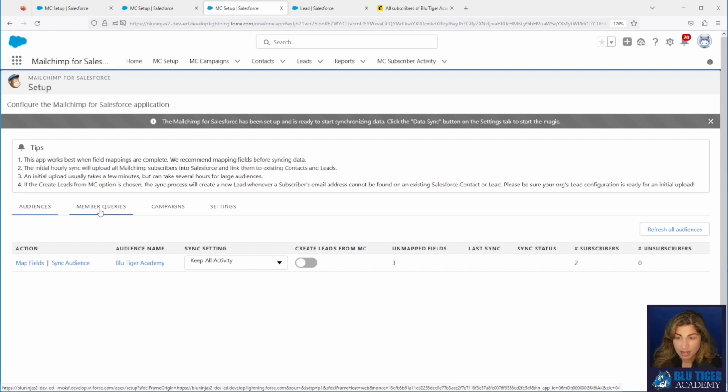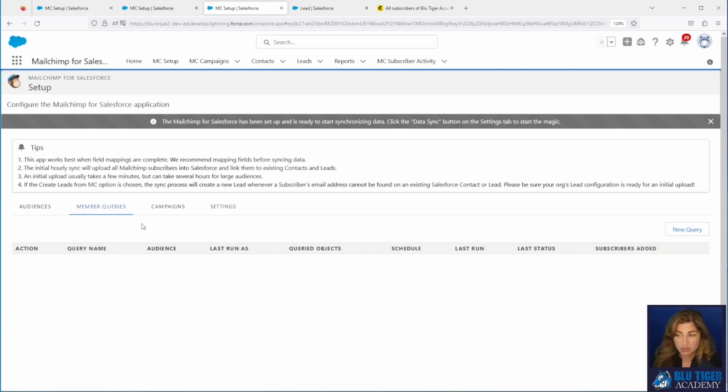Our second tab here is member queries. This is where we're going to write a query that's going to control how Salesforce syncs to MailChimp when new people are added. You can decide that you don't want to push every single person in Salesforce to MailChimp because you are paying for your contacts in MailChimp. So you don't want to have people in there who have left the company they're working with, or maybe they're unqualified.